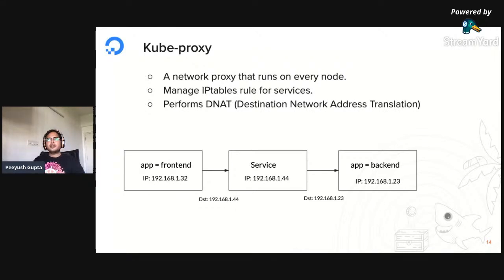The same story also stands true for a node port based application, right? In node port as well, when you reach that particular port, kube-proxy has configured your node's IP tables rule in a way that the packet gets routed to your service IP, and then from the service IP it again gets routed to your application, right? That helps.